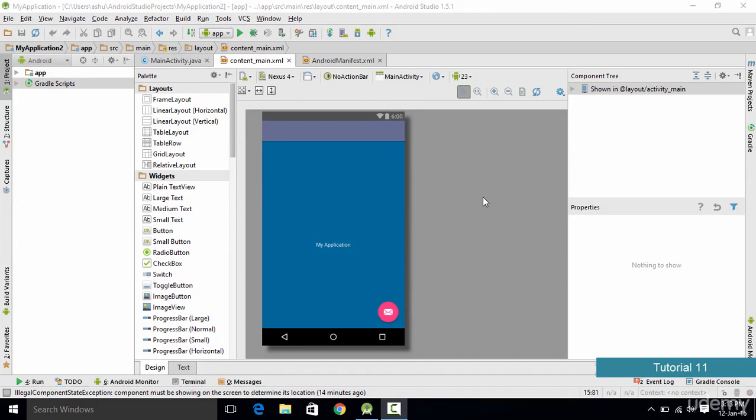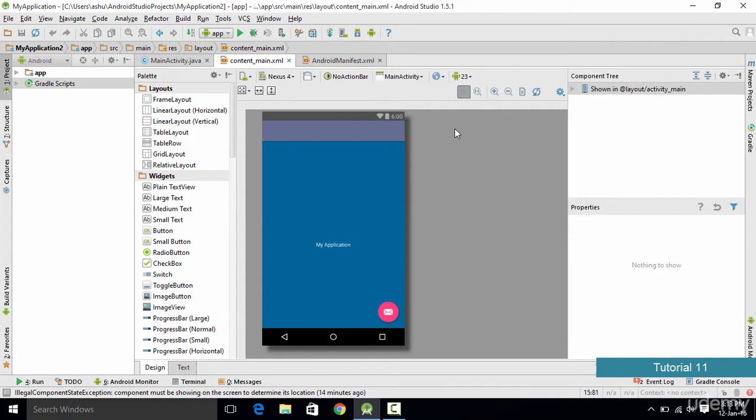Hello and welcome to this tutorial. In this tutorial we'll be learning how you could create your own user interface from scratch. Now in the previous tutorial we have already designed this user interface, so basically it was a drag and drop, and we have already used a template which had the design, and we did not create our application from zero.